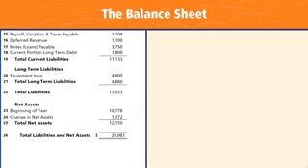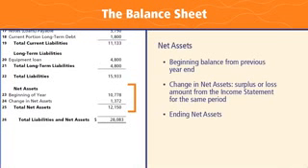Continuing to move down the balance sheet, our third section is net assets, keeping in mind that fundamental balance sheet equation of assets minus liabilities equals net assets. So if we take from line 13 the sum of all of our assets and take away line 22, the sum of all of our liabilities, that equals line 25, our total net assets. So we see on FAN's balance sheet that their assets are greater than their liabilities by